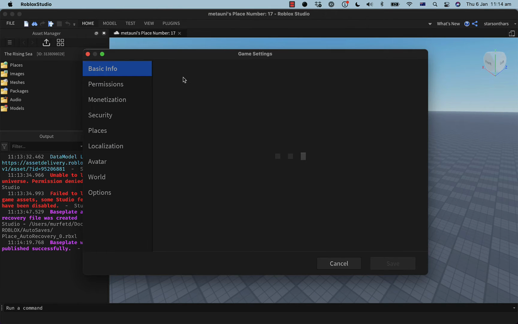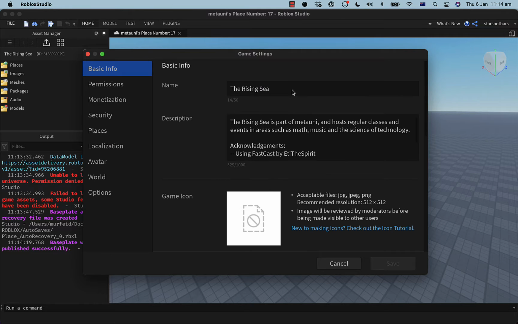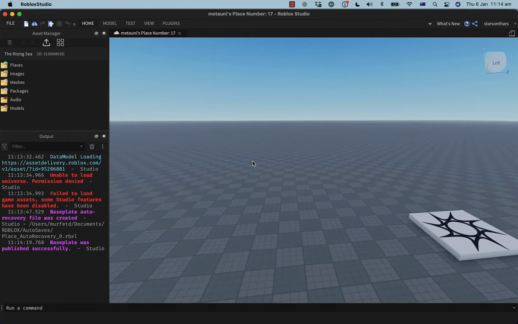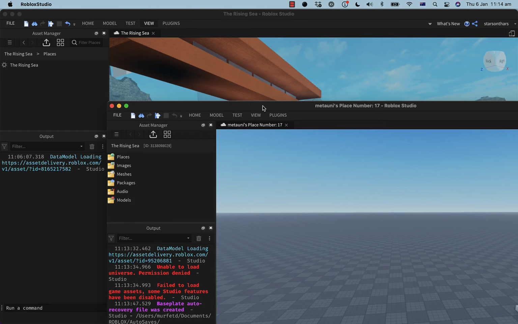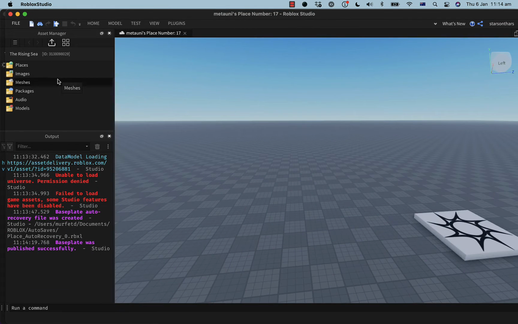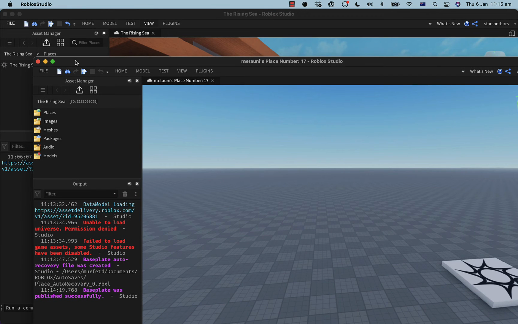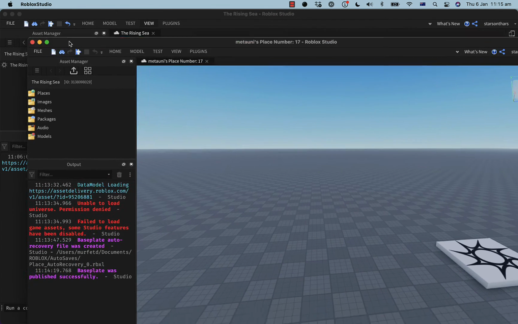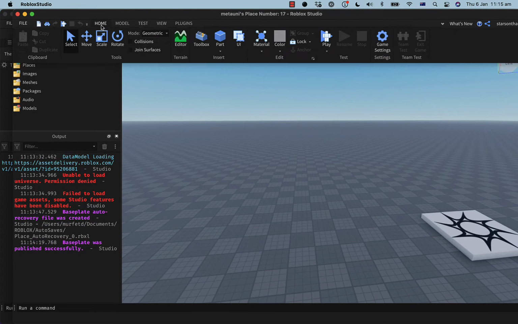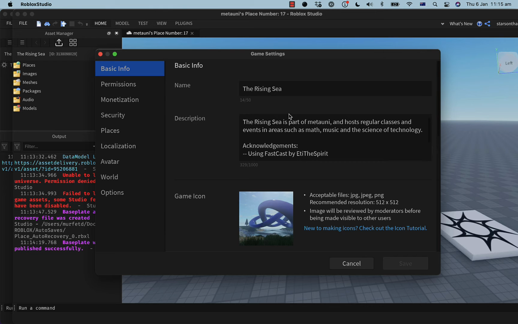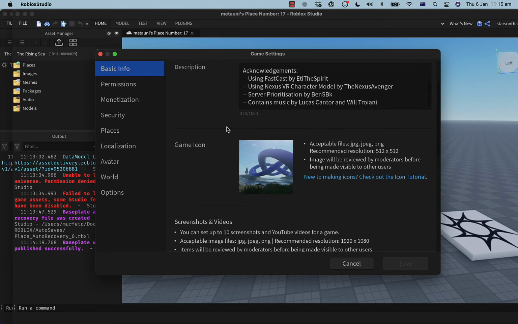Okay, so let's try this. So I think this should be inside. Alright, so I think I'm now looking at the Rising Sea. So wait, I wasn't watching. What did you do up to this point? I've made a new world and published it as an extra place into the Rising Sea. Okay. Now I think I have two different windows open looking at two different places within one game. Right, yep. So if I go settings, I'm looking at the Rising Sea stuff, right? And then if you go places.